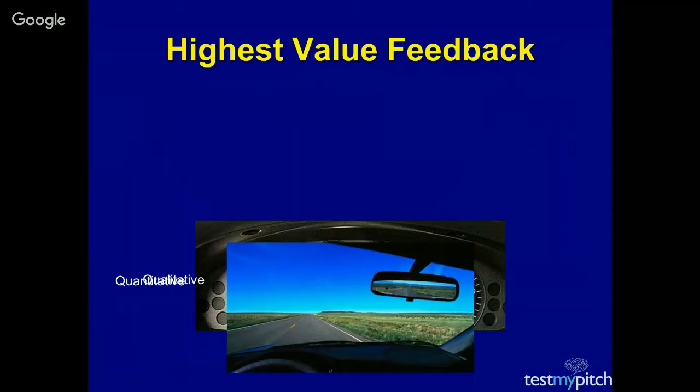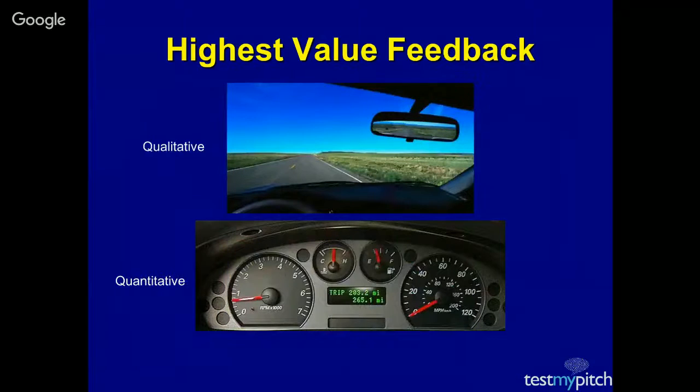But the other part we get is qualitative, and that is what we see through the rear view mirror, through all of our windows, the windshield and the side windows and the rear window. We get lots of qualitative information. Imagine if we took away either the quantitative or the qualitative feedback. It doesn't really matter which one. It would truly be impossible to continue to drive your car without both types of feedback.